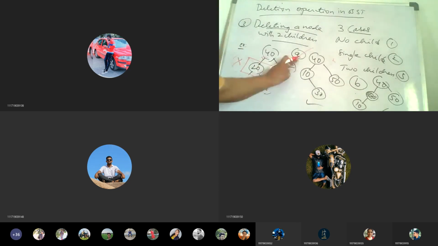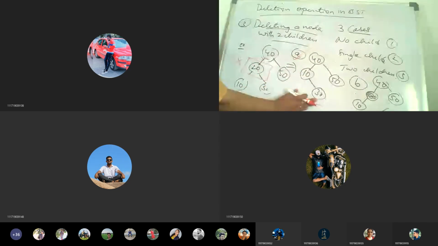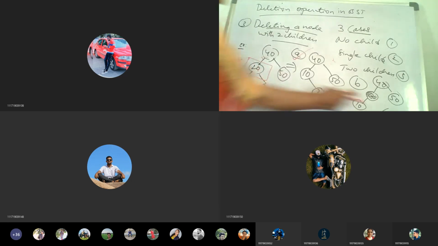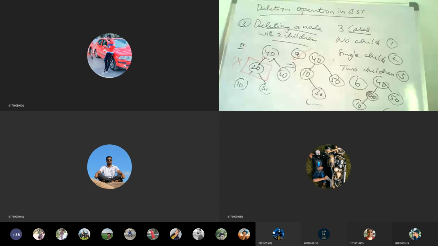Either from the left subtree, whatever is the maximum value takes its parent position, or among the right subtree values, the minimum takes its parent position. Is that clear?